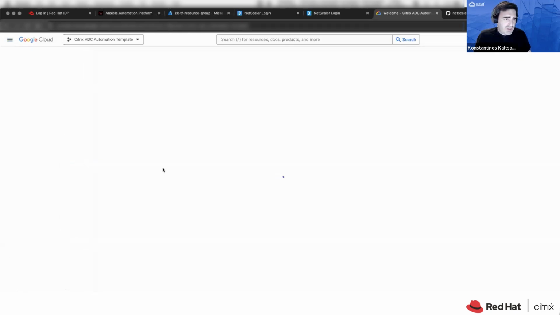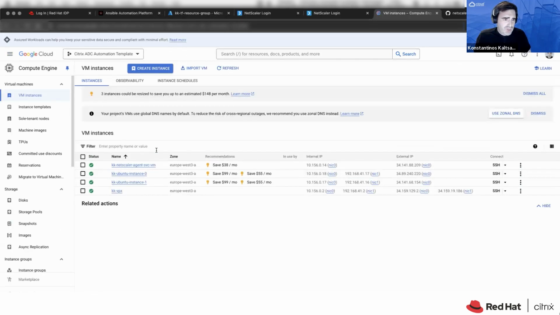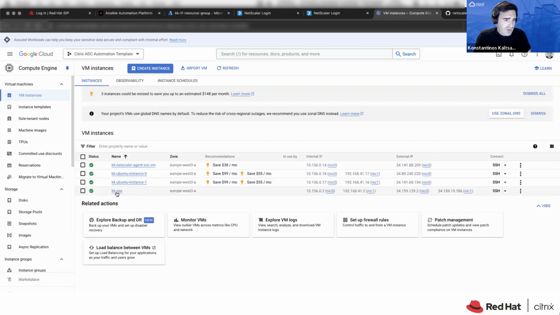So if we see also my configuration on GCP, you will see that again, I have deployed my NetScaler, I have deployed the agent to license this, and I have 2 VMs for this one. Something to note also here is that the main reason for using an application delivery controller is to route traffic through the controller itself. So for that reason, my applications in both Azure and GCP have been deployed on different subnets. So you need to access these applications only through the ADC.